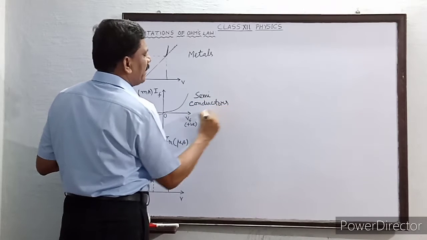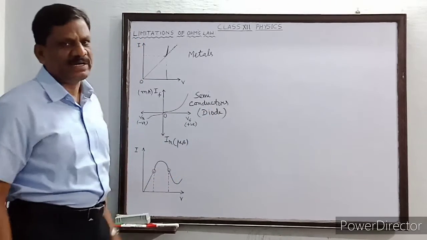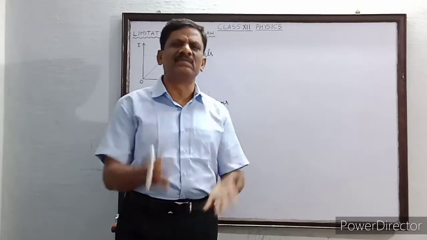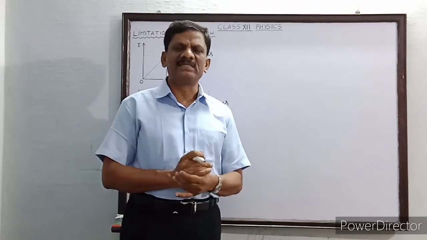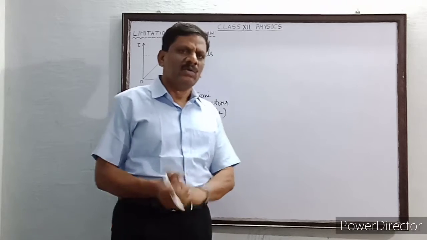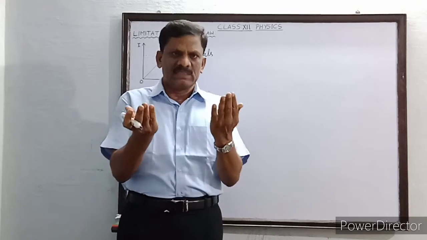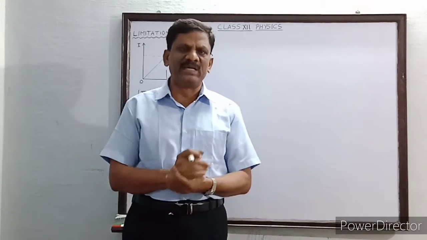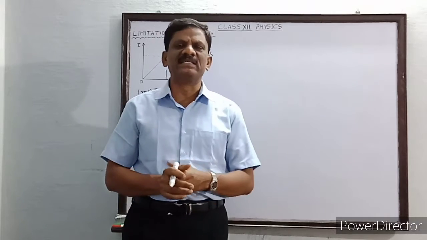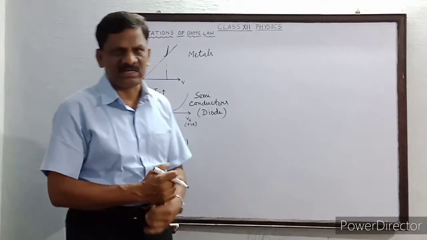For example, I will take a semiconductor device, namely a diode. These are semiconductor materials for which sometimes the voltage will be positive and sometimes the voltage will be negative. To apply the negative voltage, we have to interchange the positive and negative terminals, and once again we can vary the voltage and the corresponding variations in current can be measured. We are going to study this in the last chapter in electronics.